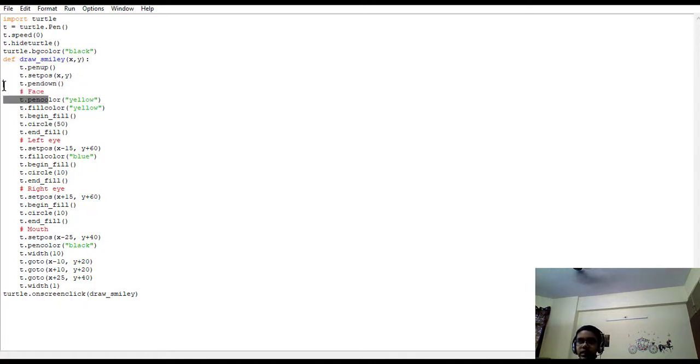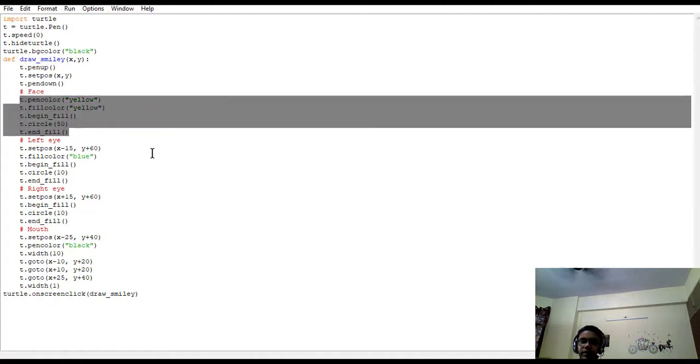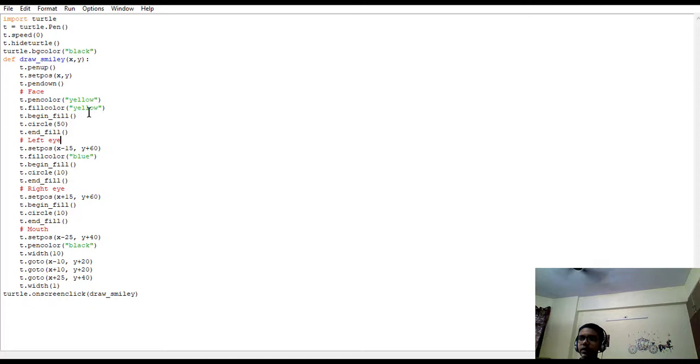It's just a comment in red that this is how we will make the face. To make the face, we will take the pen color yellow, as you know smileys are mostly yellow in color, and we will use the fillcolor function. So anything I draw would be filled with the color yellow as stated here. You can also use any other color.